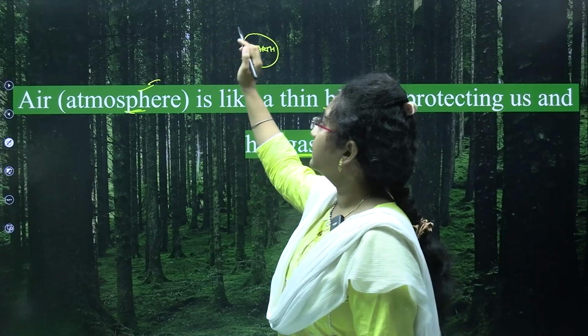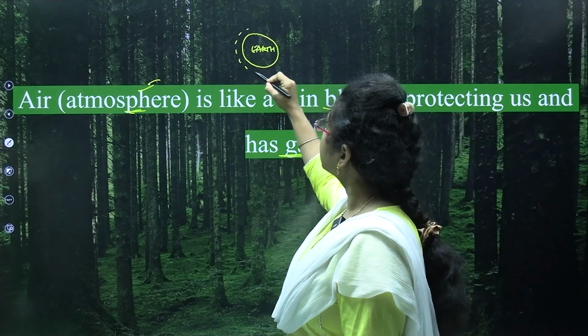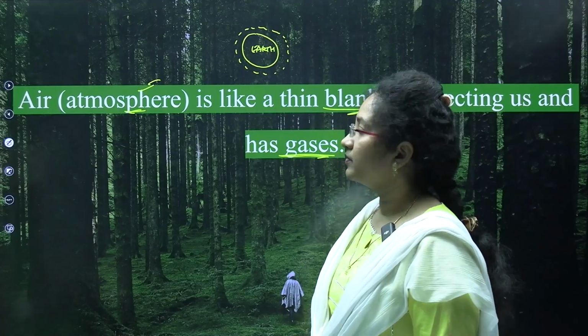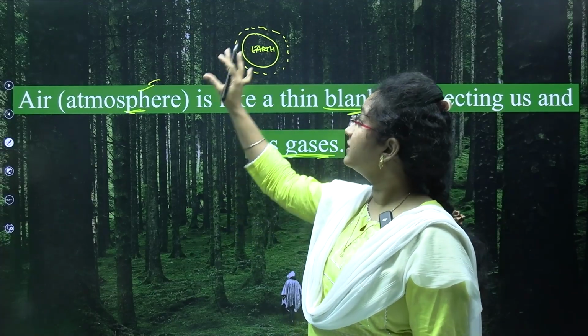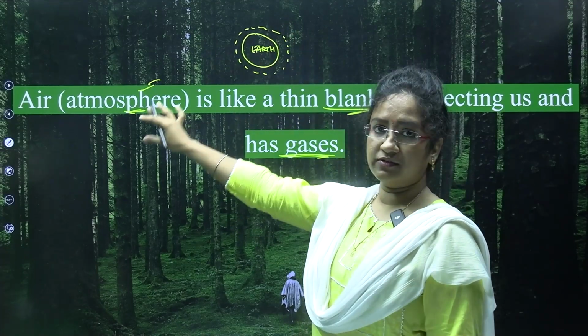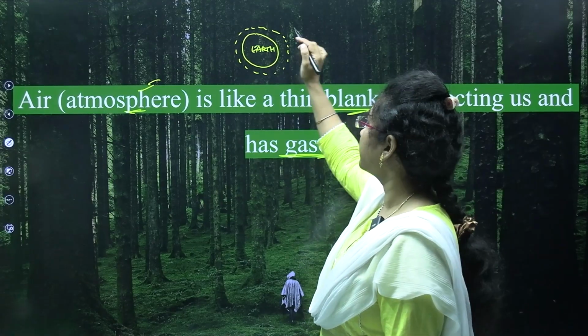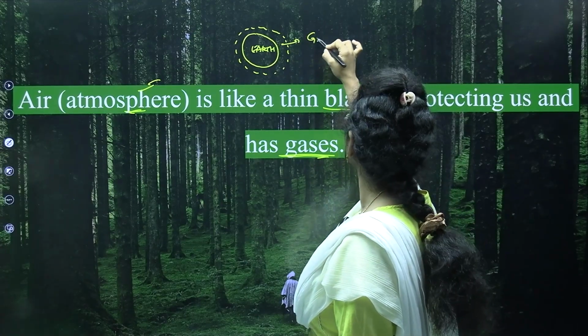If this is our earth, around our earth there is a thin blanket of air, right, around this. So this thin blanket of air is what is known as our atmosphere. So what does it comprise of? It comprises of various gases,